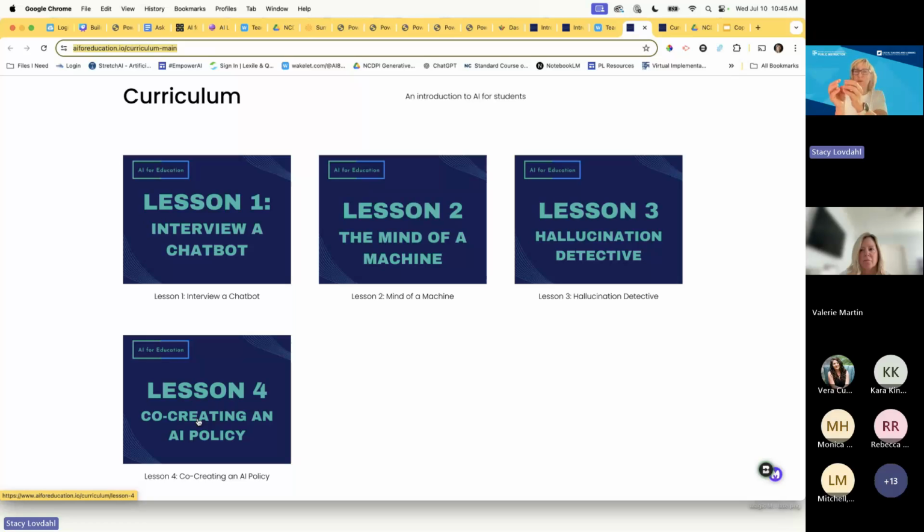So each one of those 3 lessons is informing the endpoint, which is an authentic product that every school and district ends up needing to have. So they're very interconnected. I really love the way this unit has been put together. And each lesson is designed to take 90 minutes, and you are able to break that up into smaller segments if your time frame is a little bit shorter.